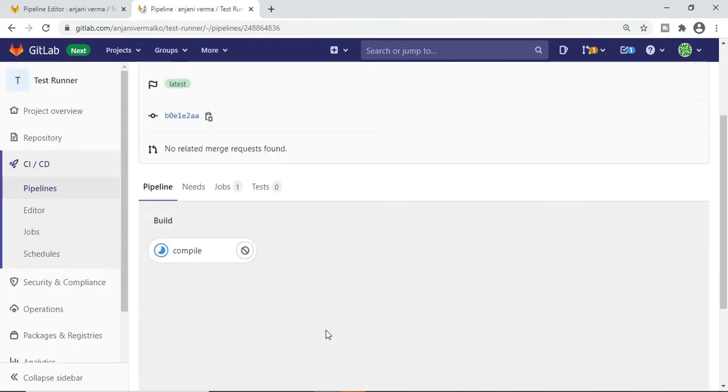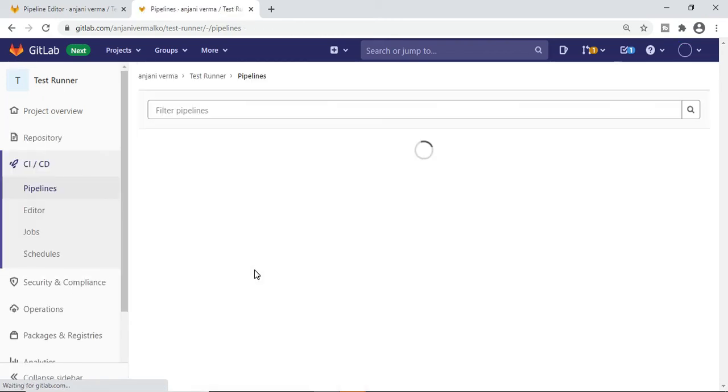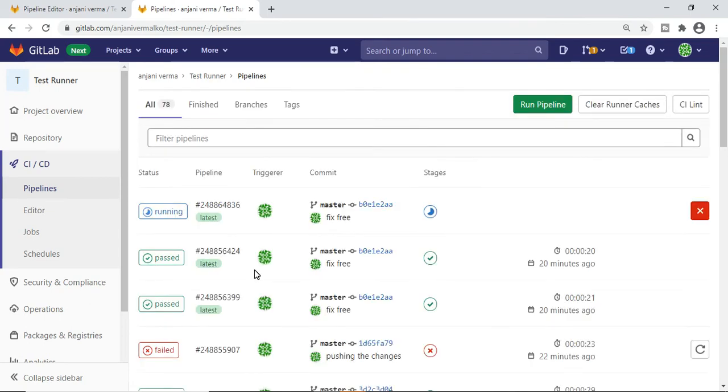See, we have only one job, which is compile, so it is compiling. I will quickly click here because this page does not auto refresh. The main pipeline page does auto refresh. So if it passes, it will show pass; if it fails, it will show fail. You don't need to refresh this page again and again.